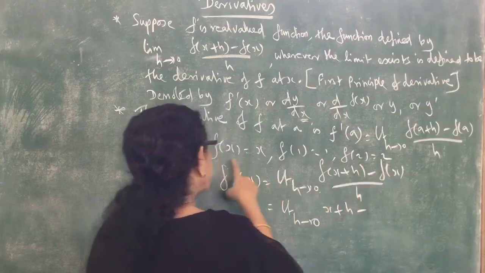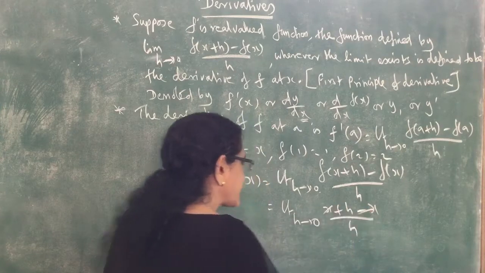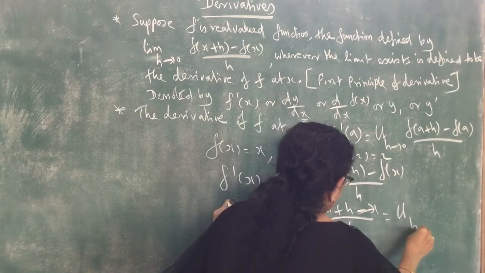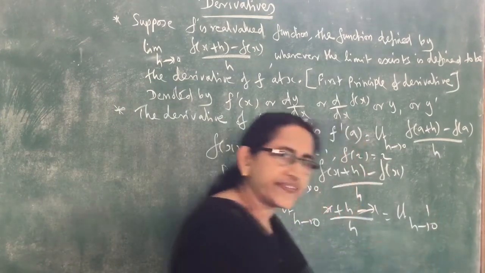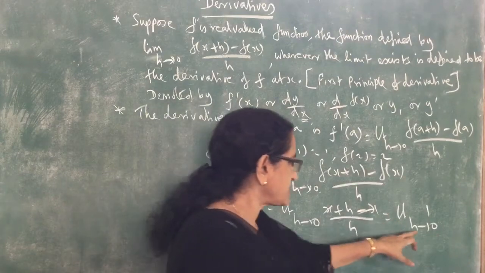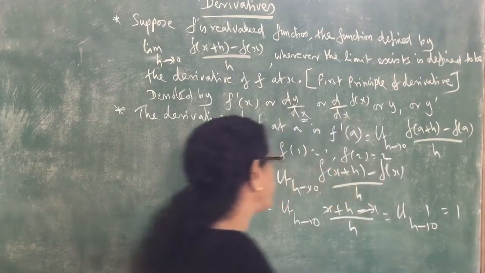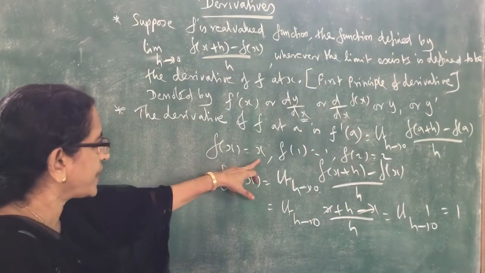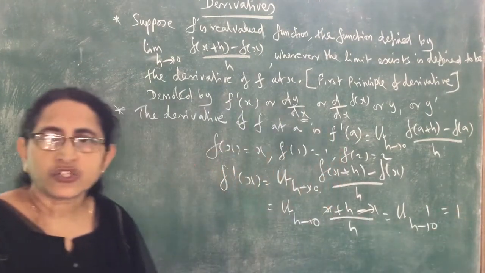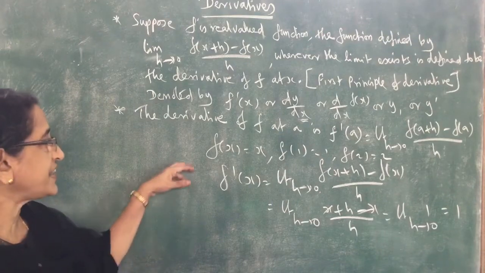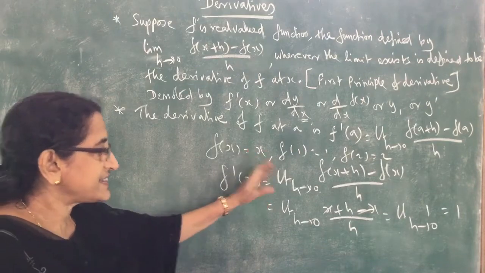Minus, what is f of x? Definition given, f of x equal to x, by h. So x minus x cancelled. So we get limit h tends to 0, h by h. What is h by h? That is 1. So when we apply the limit, 1 is a constant. So limit h tends to 0, 1. When we apply the limit h tends to 0, we get the same number, 1. So when f of x equal to x, the derivative of x with respect to the variable x is equal to 1. So using first principles, we found the derivative of the identity function x. So derivative of x with respect to x is equal to 1.